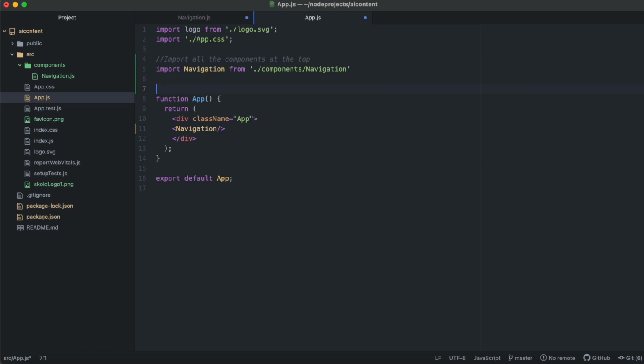I just don't want to confuse you for now. The only change in here is to add this: import navigation from components navigation. Again, you have to give it a relative path from where you are right now. What is the path to getting this navigation file? You need to go up into the components folder and then go into the navigation.js, and then you get